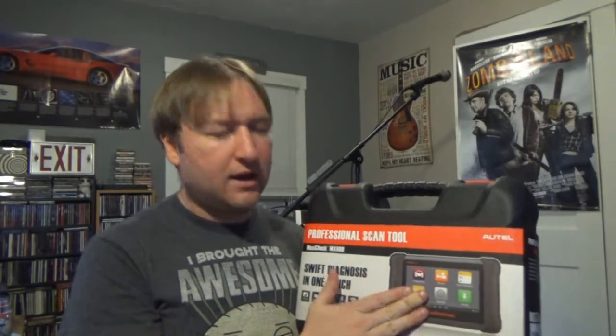And there was a warning on the cluster for the sound system not working. But when I went through this, turned the stereo on and whatnot, it seemed to be working. However, I did notice the front passenger door speaker did not work. So, just because there was a message on the cluster about the sound system not working, I borrowed one of these, this exact model here, hooked it up, and sure enough, there was a specific code for